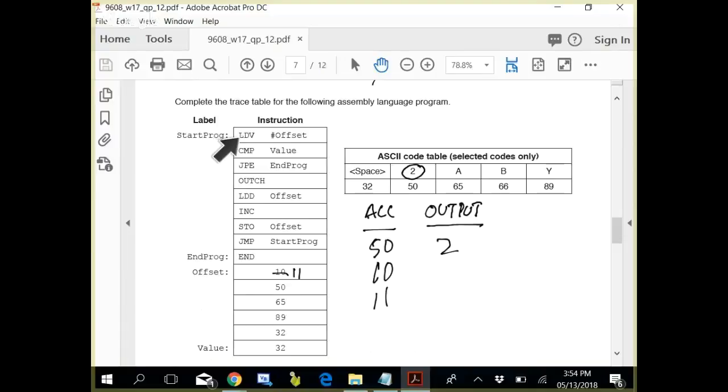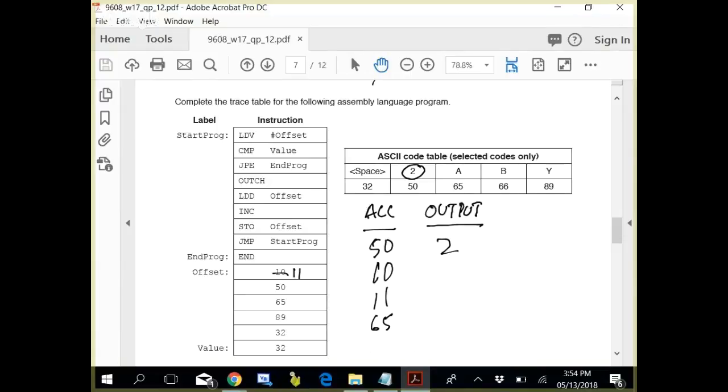LDV offset. So now it is 11 positions. This would be now what? 65. Compare with the value. Value is 32. So it would go on for 3 times. Value is 32, not equal. So this would be ignored. And out character. Out character is what? 65.